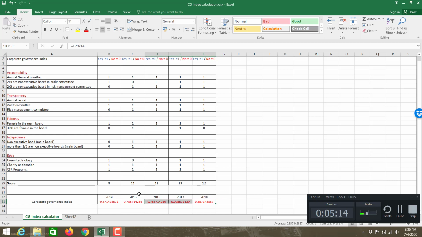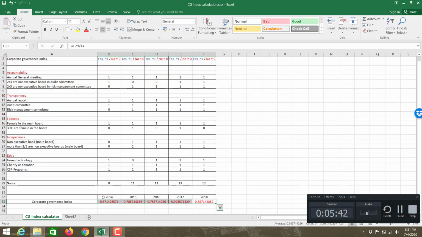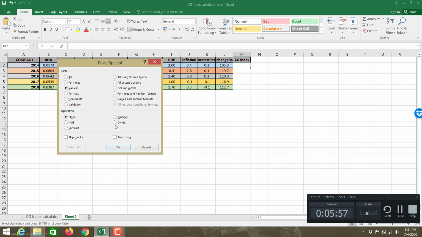When you get this number, the next step is you need to copy it. Of course, you already have the data. This is an example, so your data will probably be empty like this. Next, you just have to write CG index. When you have the CG index, you put the cursor here, and then you go back to your data, highlight this data and press Ctrl C, and you come back to this sheet and go to paste special, click on values, click on transpose,